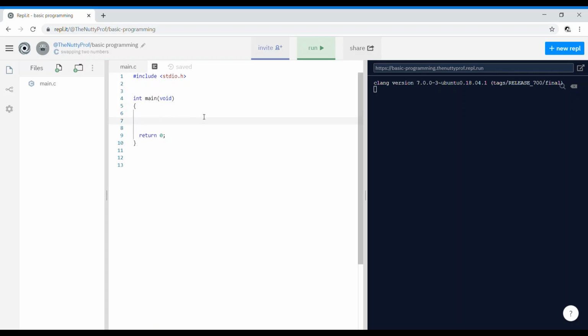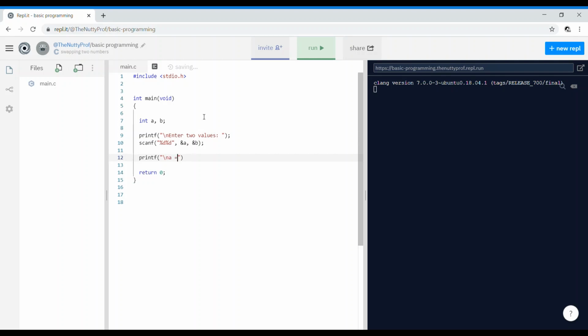So let's start by declaring two variables, int A, B. Then printf, asking my user for two values. You can just write "Enter two values" and I'll take it as scanf %d, &A, &B. Then you can print it before swapping and after swapping to show that it has actually swapped.